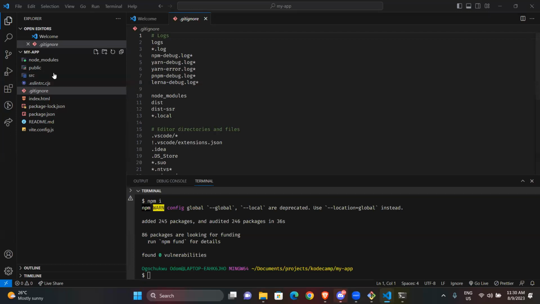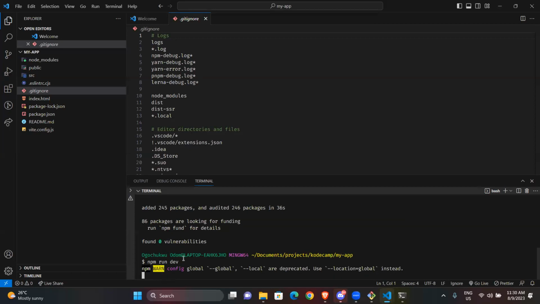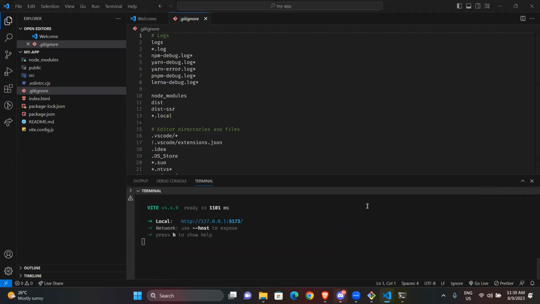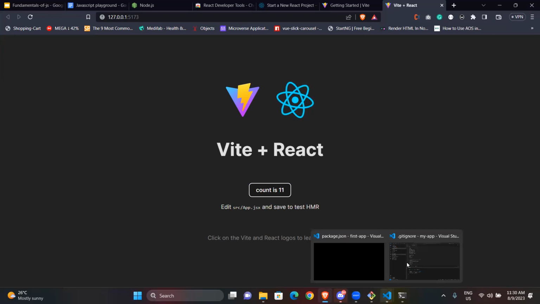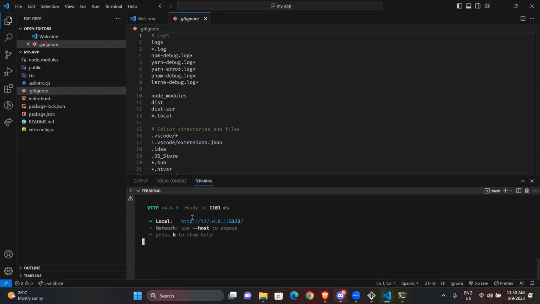All right, I don't know if we are clear up to this point. I'm supposed to run this, so let me try running it again. npm run dev. Let's see if it breaks this time around. You see, automatically it gives you a page as quickly as possible, and you have your React page showing up as it should. It didn't waste time. But if you were using Create React App, it would take some seconds before it starts showing up.